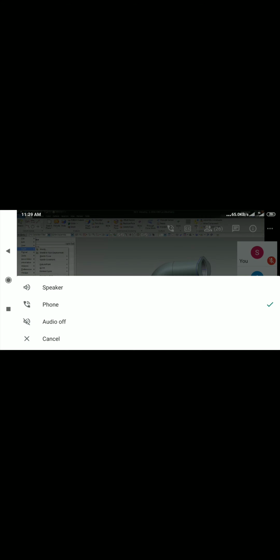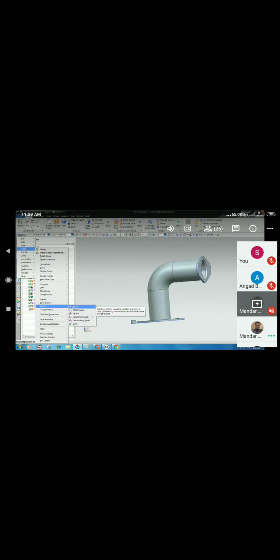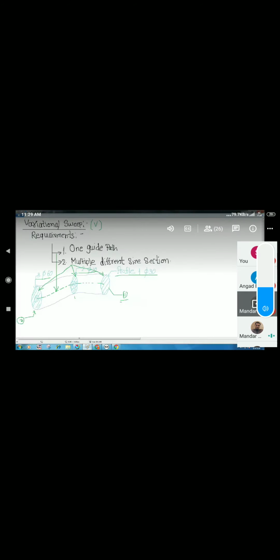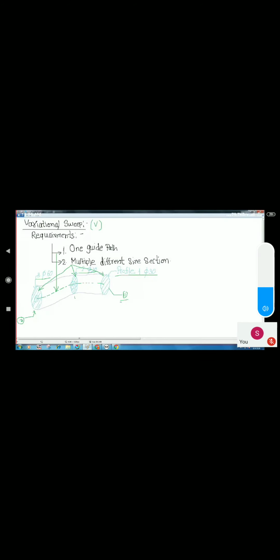Now we talk about the next option. Okay, so in our earlier case, everywhere in the sweeping group, there is one trajectory or guide path and the same cross sections. Whether the section is valid or not, the sections are the same and the shape cannot change. But my next requirement is that, just like the Creo blend command, you want to add different sections, different shape sections. So that time we have to use the swept command.